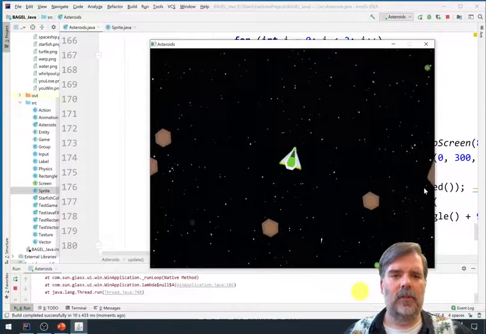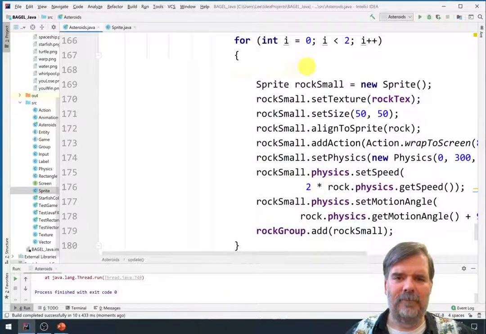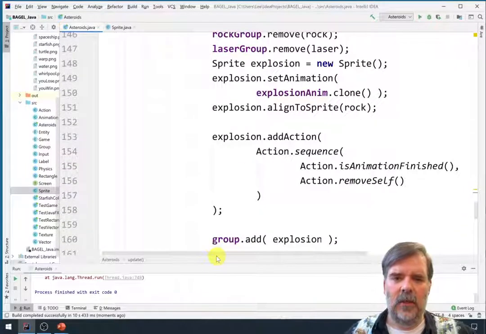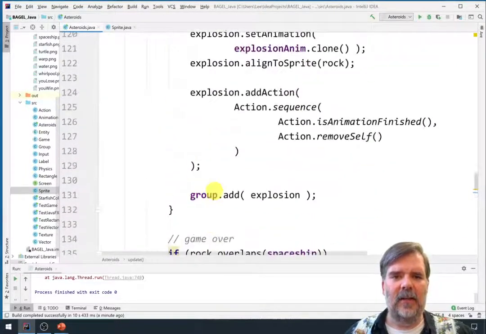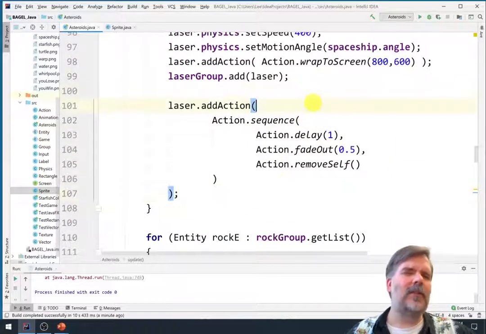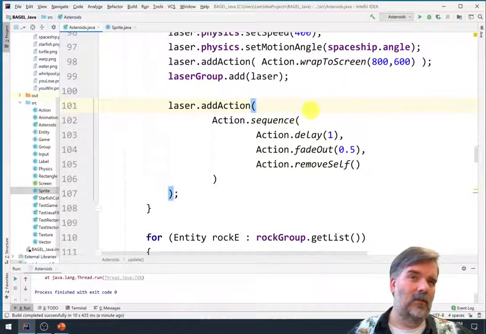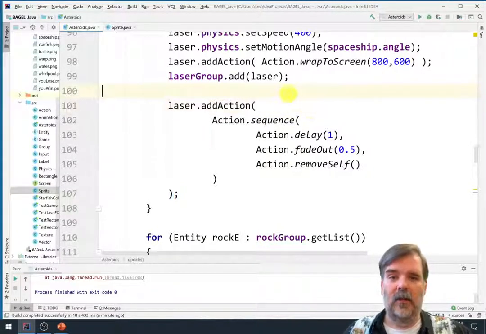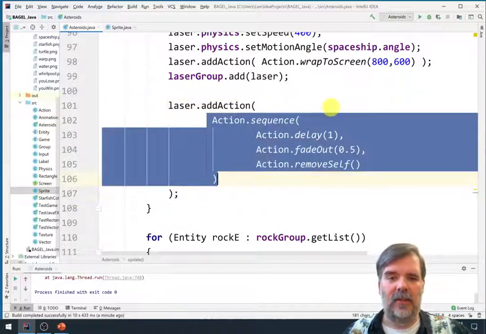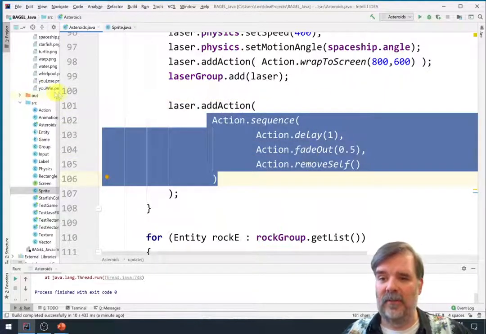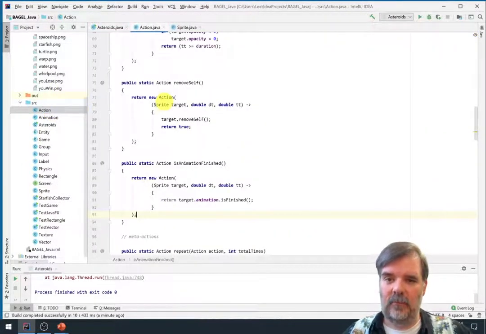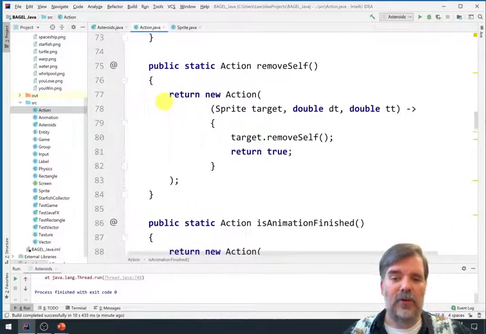All right, so this code base is looking a little bit better. The other thing I'd really like to do involves some of these actions. So for instance, this idea of delay, fade, and remove. I could see that as a sequence of actions which we'd want to use frequently. So what I'd like to do here is create a single action which combines all of these. So I'm going to go over to the action class, and let's create a new action,